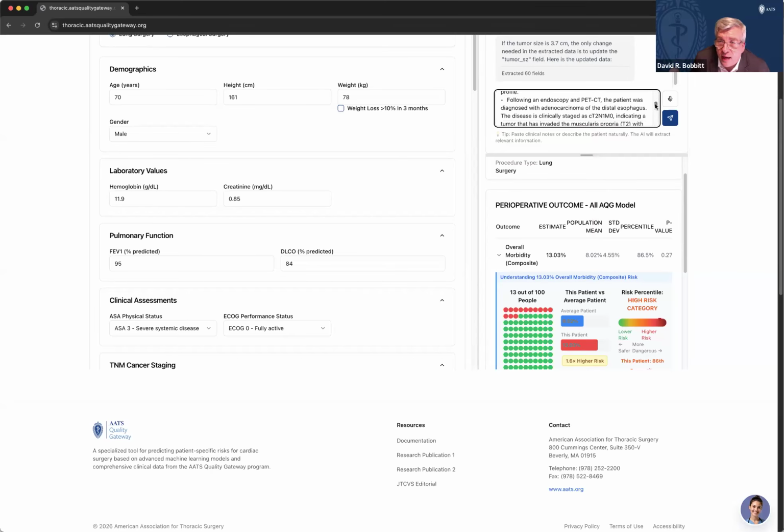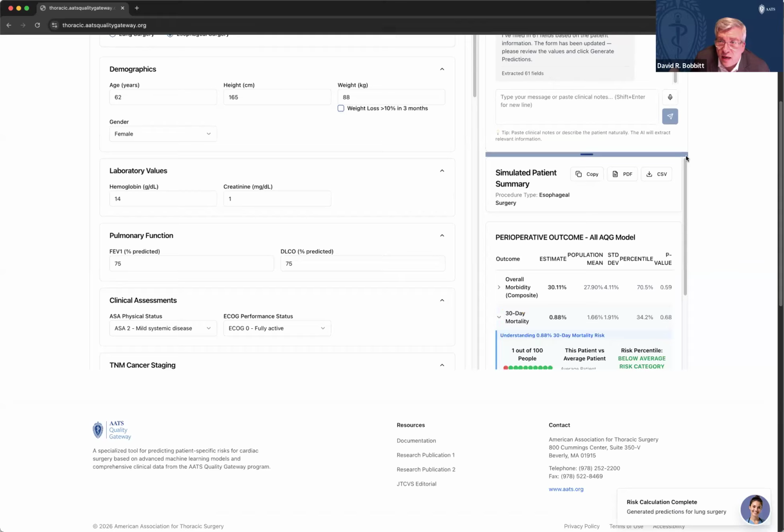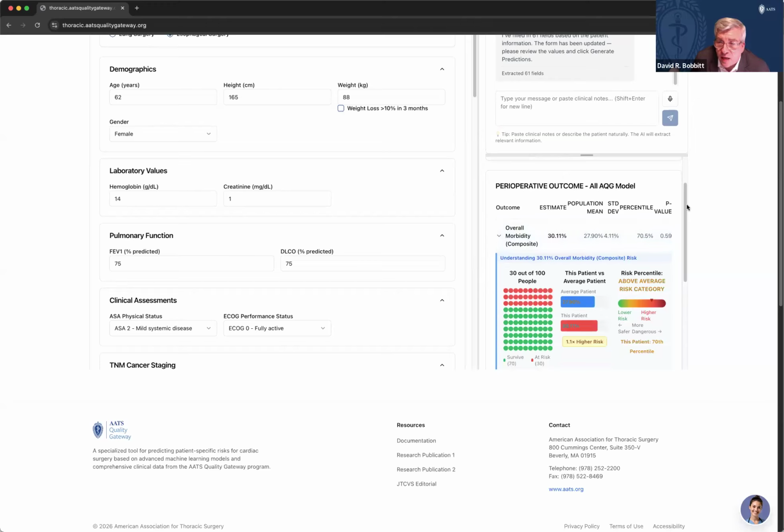And then there's some more information about labs, the staging for her esophageal cancer, some of the other specific data, neoadjuvant chemoradiation, CROSS protocol to hopefully downstage the tumor prior to surgery. And there's some information about minimally invasive esophagectomy as the planned course. So now we'll just click enter again, and just like I dictated it aloud, the fields are filled in, and this time all the fields are present. For this esophageal patient, it's chosen esophageal, not lung,